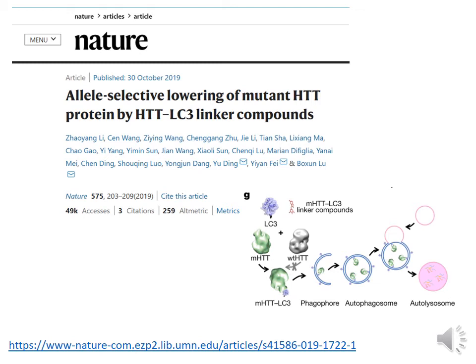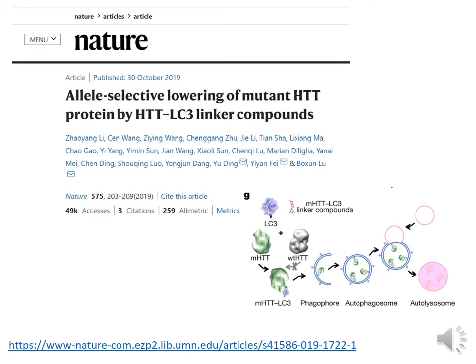So a perfect example of how important it is to know the molecular basis of these cellular processes, such as autophagy, and how you can use this information to design effective therapies to prevent or ameliorate neurodegeneration, was recently demonstrated in this paper published in Nature in late October 2019, in which the authors used the properties of the LC3 protein, this protein that was important for autophagosome formation and cargo recognition, to develop a strategy to specifically target mutant huntingtin protein into autophagosomes, increasing mutant huntingtin clearance and improving Huntington's disease progression in mouse models of HD.